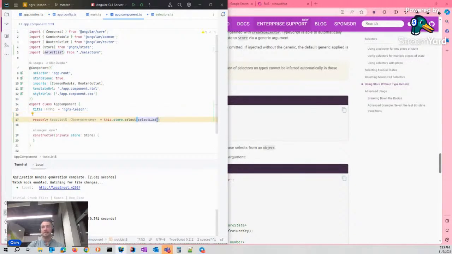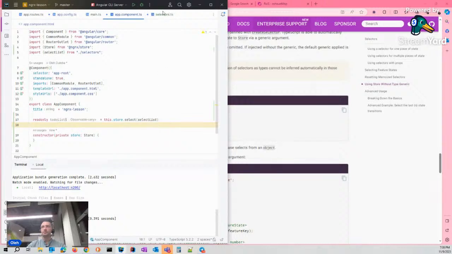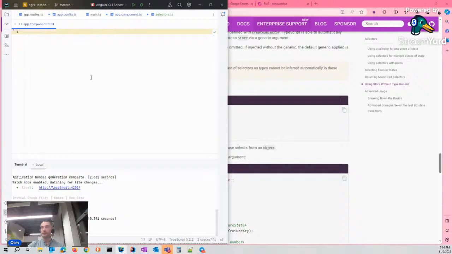Without parentheses, that's a function reference. We are not calling it. That's just a reference. And let's see the result.